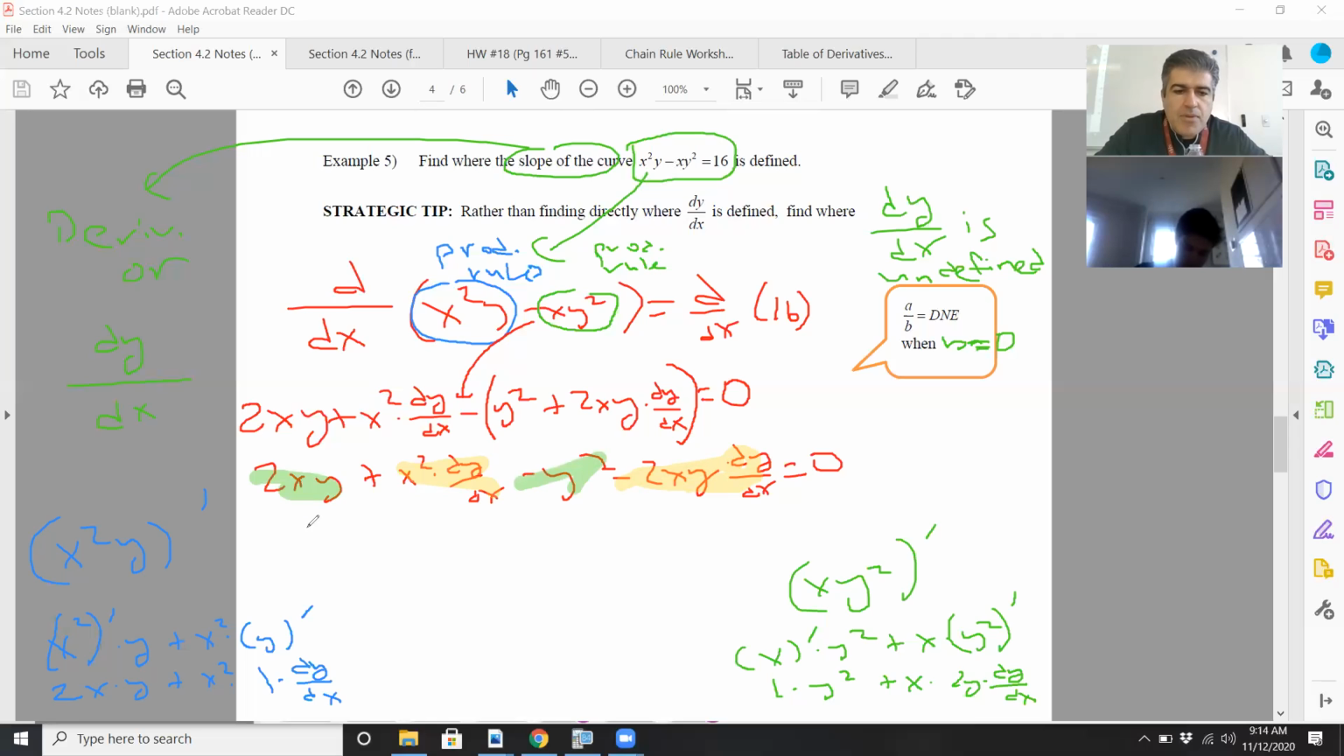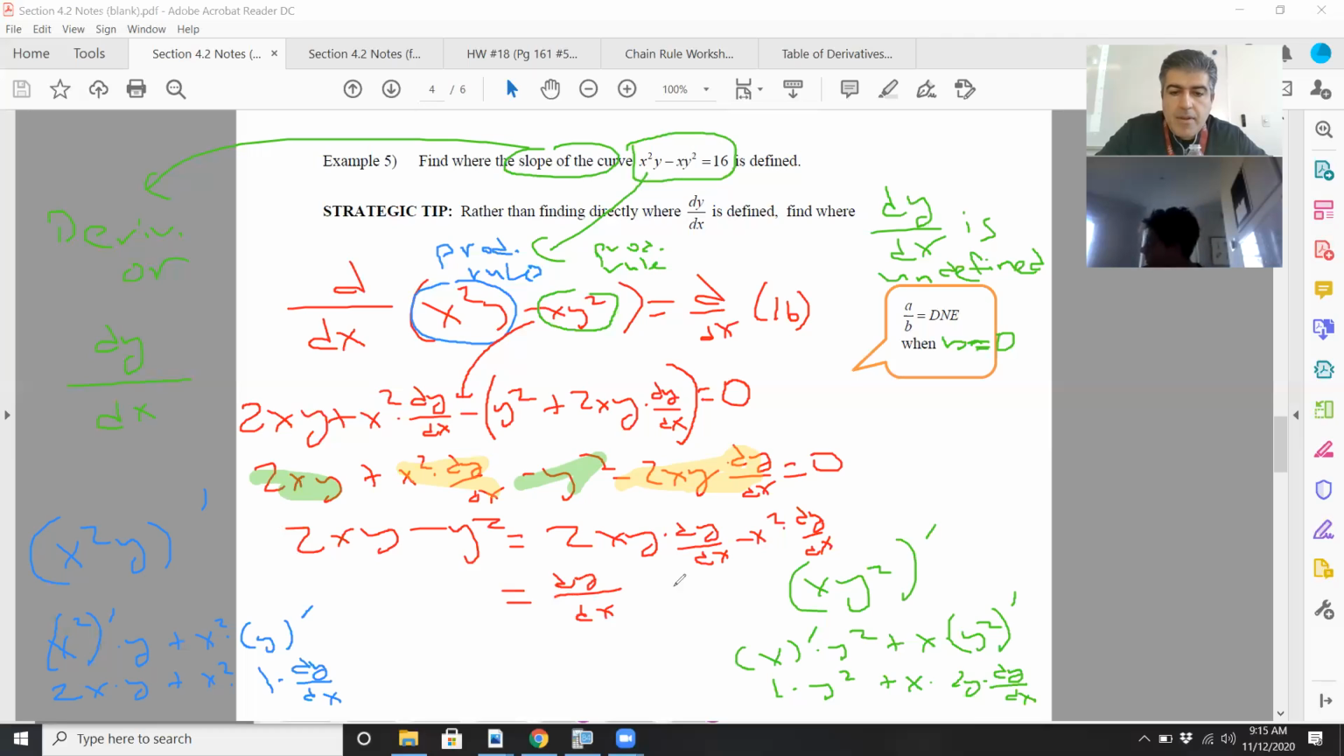So what this means is that I have 2xy minus y squared equals 2xy times dy dx minus x squared times dy dx. So all those have to move over. You pull out the dy over dx. 2xy minus x squared. And of course, you have this. And then you divide out